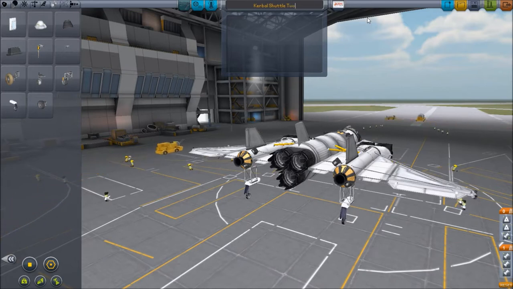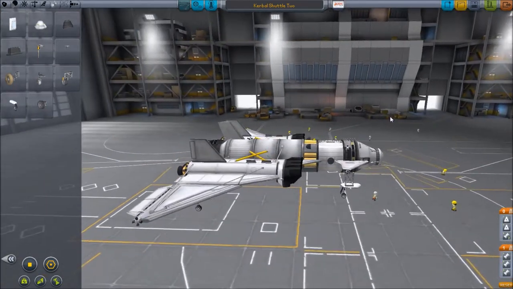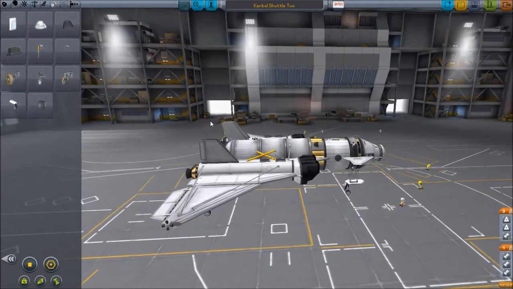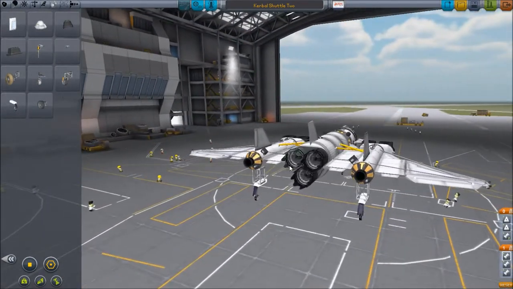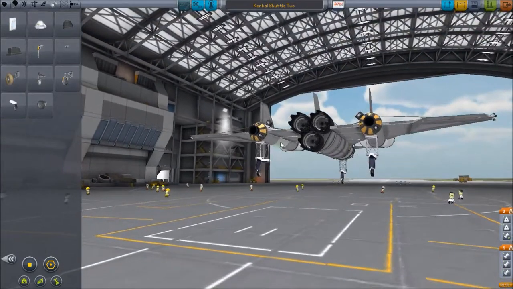Two will be the name, because this is not the first one, obviously. Hopefully this one will work. I think it will. I don't know if it'll fly though. I want to see if it'll be able to take off under its own power. If not, I will...